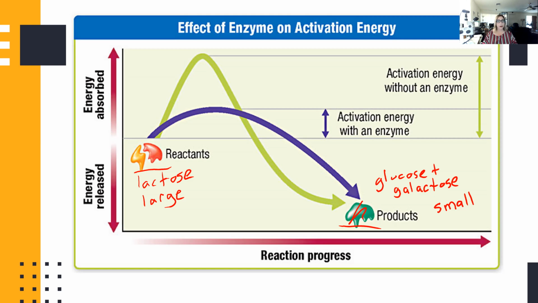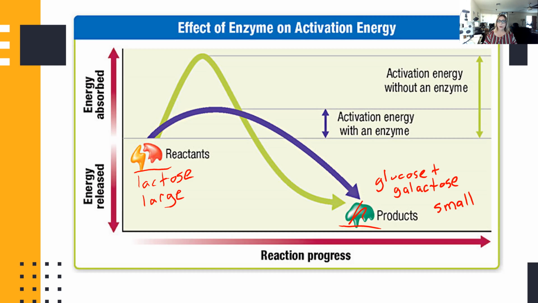So the takeaway message here is you need to understand that enzymes catalyze and speed up chemical reactions. And they do this by lowering activation energy. Now this applies to exergonic and endergonic reactions, but it's much easier to picture this in an exergonic reaction. So I really just talk about exergonic reactions when I teach about enzymes. Now remember that enzymes are specific to certain substrates. So like lactase breaks down lactose. The enzymes are not used up during the reaction, so they can keep on catalyzing reactions. And finally, I want you to remember that enzymes are